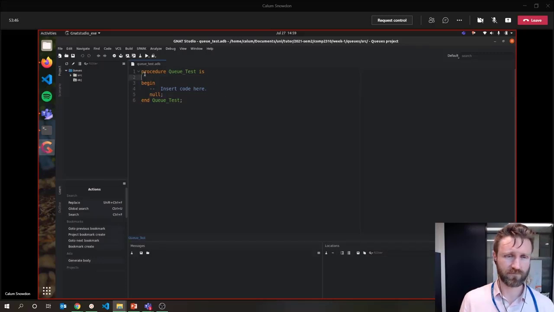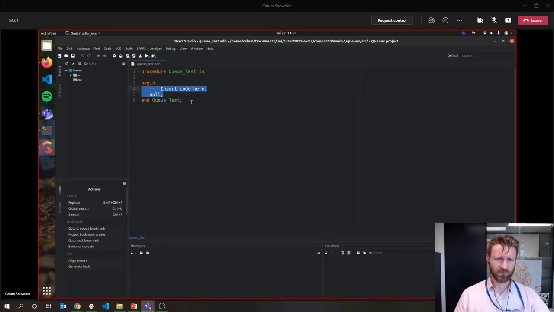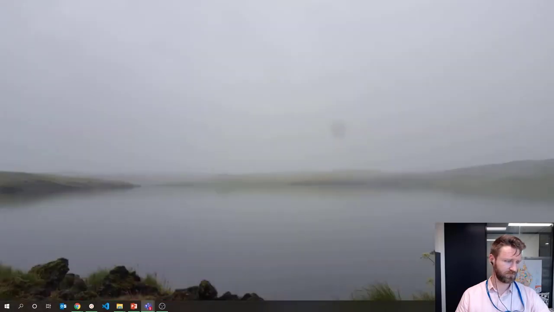It starts with procedure, then you give it a name, and then you have the is keyword. And then your code goes in this begin end block right here. The really nice thing about this that I really love is that there are no curly brackets involved. No ugly curly brackets, everything is begin, end. Right? And so